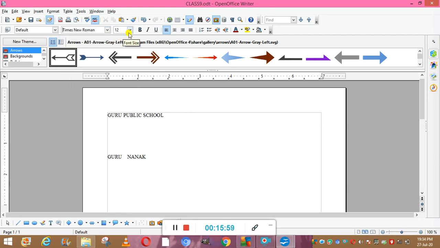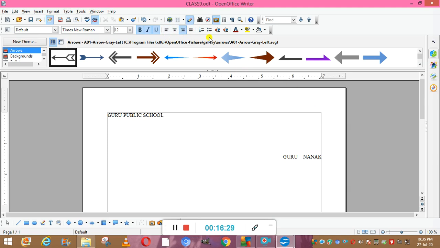Now this is the font size, from where you can select the size. This is for making the text bold, meaning more emphasized. This is for making the text italic, that means it will be a bit slanted. Okay, next is underline. Now this one is left align, and this is center align, where the text will be aligned in the center. Then right align, and then justify, that means the text is properly aligned on both sides.